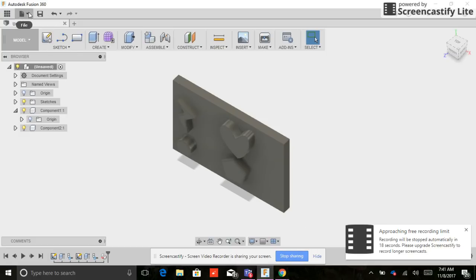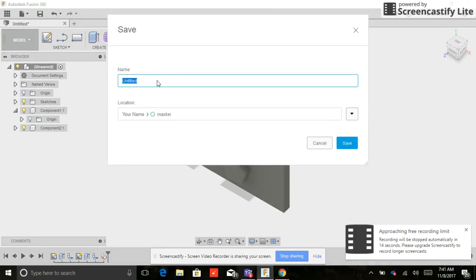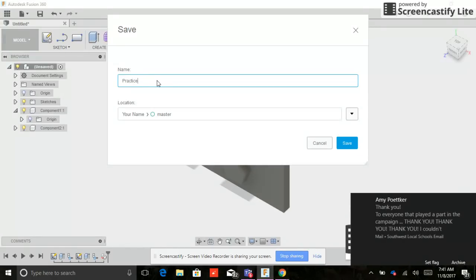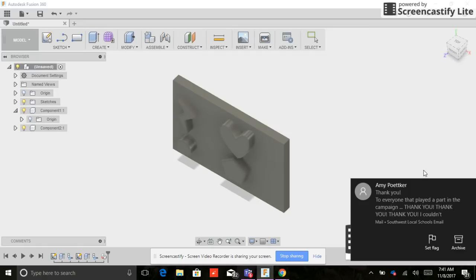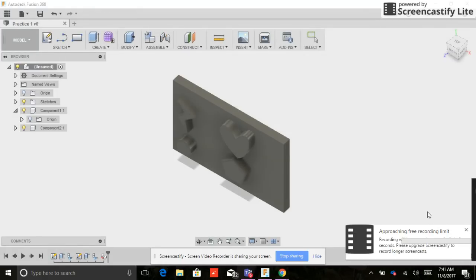Save your work. Let's go File, Save, and save our work, because if you don't save your work, you can lose it. But once you save your work, you'll never ever lose it. So save your work, call it practice 1. And then we'll start video 2 to finish